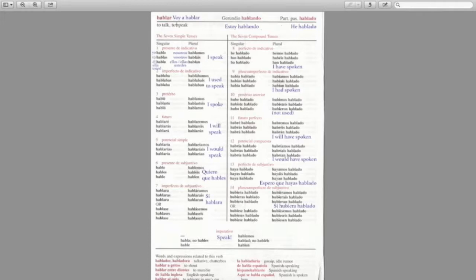Quick note: you'll want to turn to the page of the verb ir, to go, to find out how voy looks in second person, third person, we form, and so on and so forth. Voy, vas, va, vamos, van, for I'm going to speak, you're going to speak. So hablar, infinitive verb, I'm going to speak.